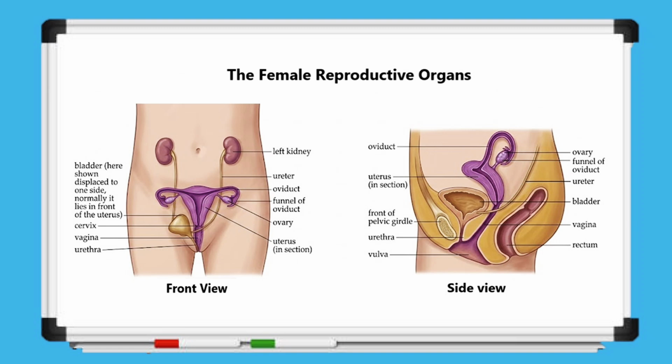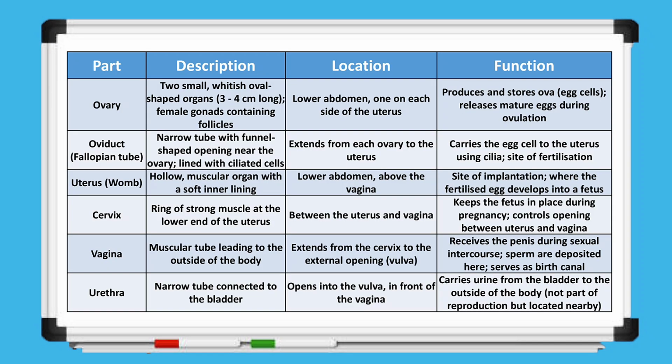In the side view, you can also observe nearby structures such as the rectum, which lies behind the uterus, and the vulva, which represents the external opening of the female reproductive system. The diagram also shows the front of the pelvic girdle, which provides support and protection for these organs. Together, the front and side views help us clearly understand the arrangement and positions of the organs in the female reproductive system. Let us understand the female reproductive organs more clearly with the help of this information about the description,